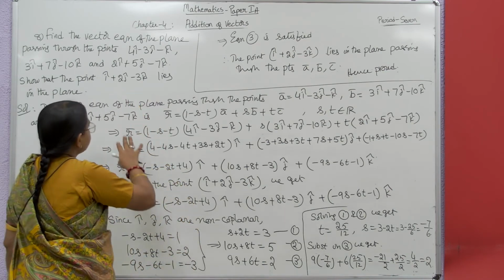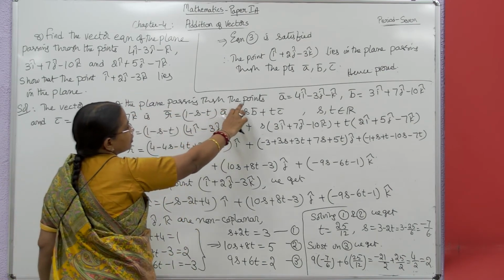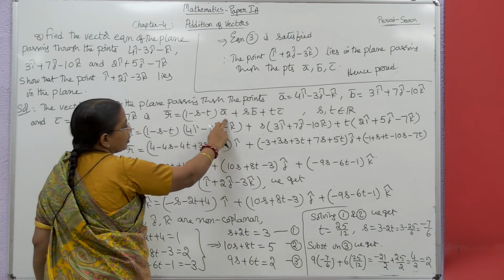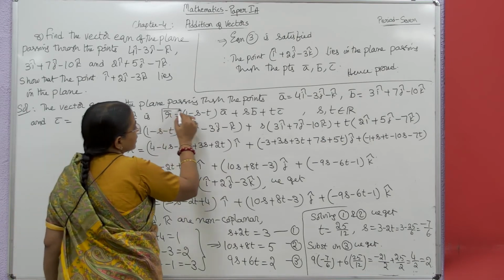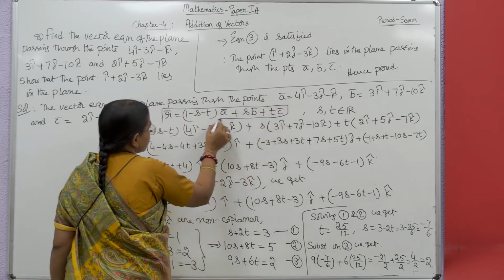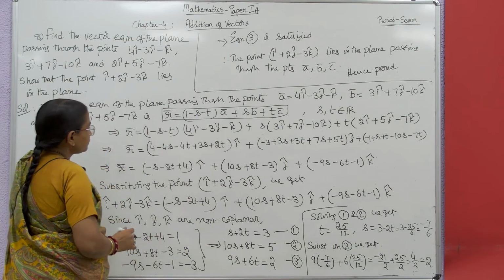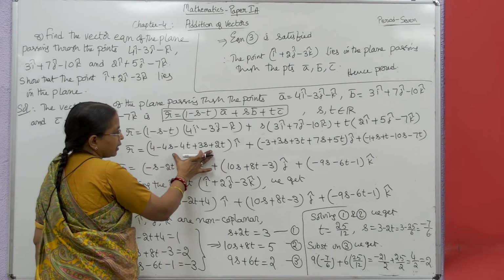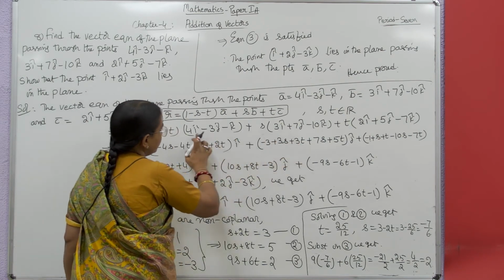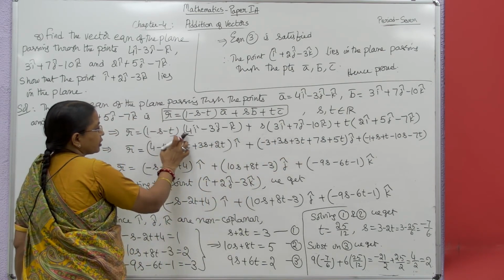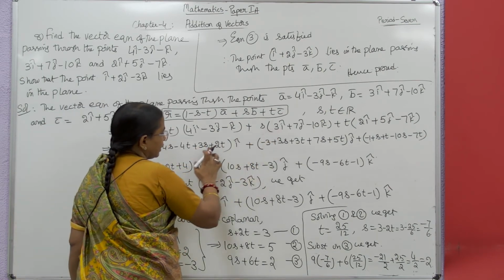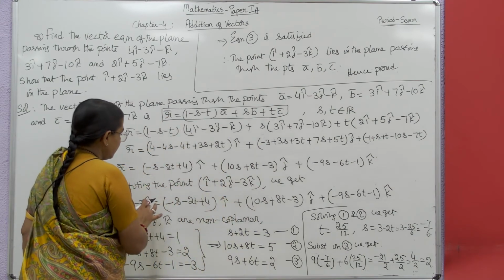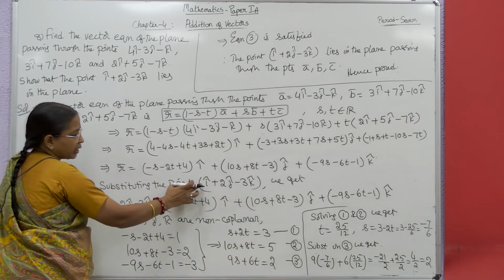So what you do is first write the equation of the plane passing through the points A, B and C. Take them as A, B and C and we have the formula R is equal to (1 minus S minus T) into A plus SB plus TC. So substitute, you'll get the equation. Then just multiply, collect the coefficients of I, J. Here I coefficient 4 minus 4S minus 4T and then 3S and then 2T. So like that you simplify and then you substitute the fourth point that is given in the place